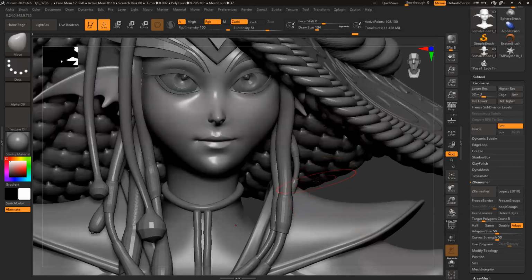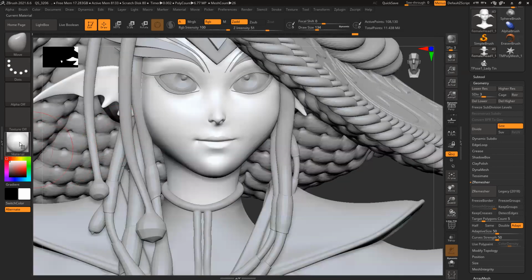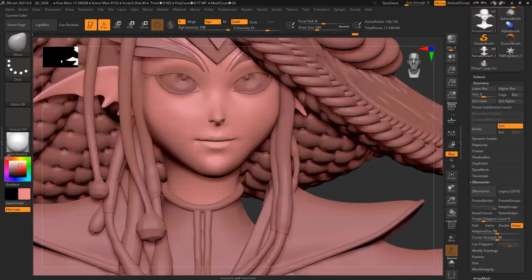So let's add some color so that it looks better, because right now it looks very gray. This is something standard I use: slightly add color so it makes your life a little easy.